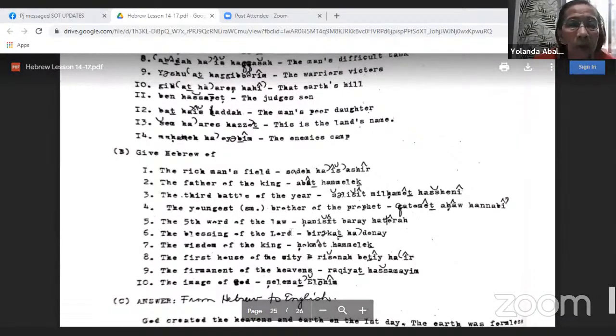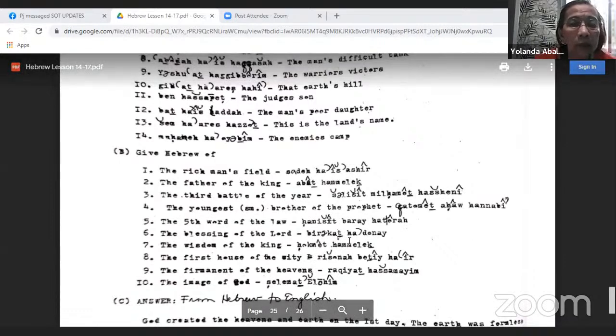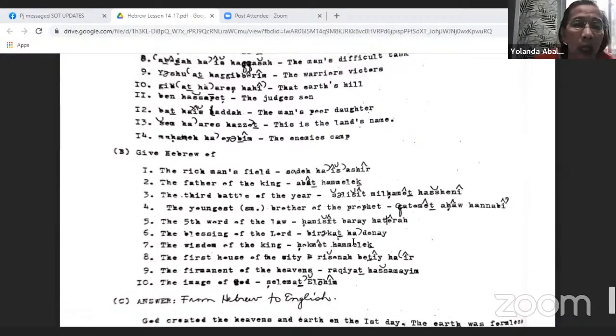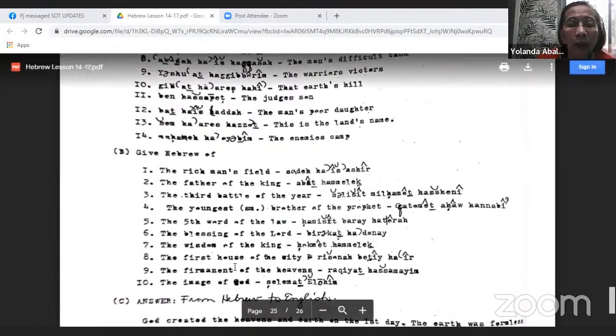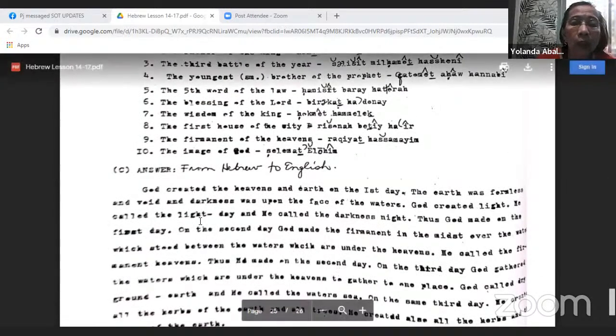The fifth word of the law. Kamishet baray atorah. The blessing of the Lord. Brekat Hadonai. The wisdom of the king. Kokmat Hamelech. The first house of the city. Reshana Betei Ha'ir. The firmament of the heavens. Rakiat Hashamayim. The image of God. Shelemat Elohim. Yeah. So,